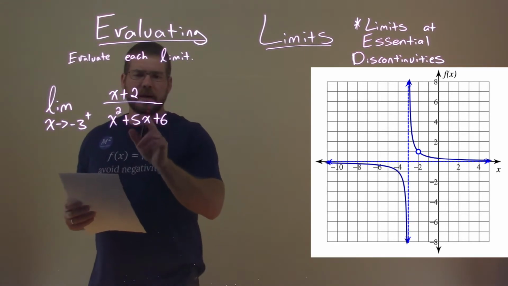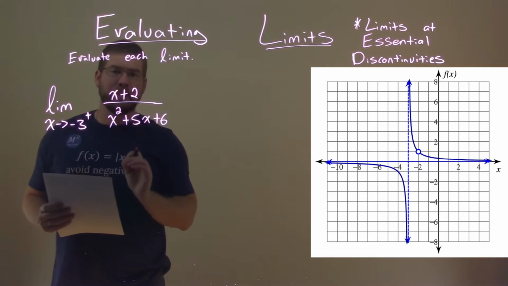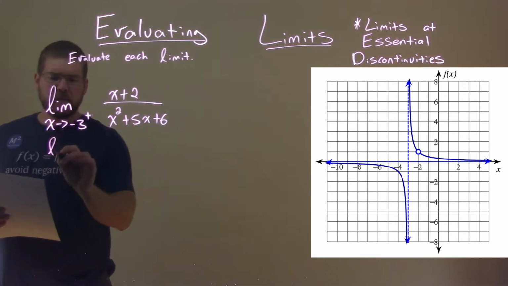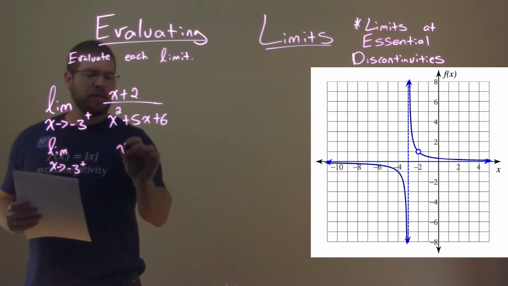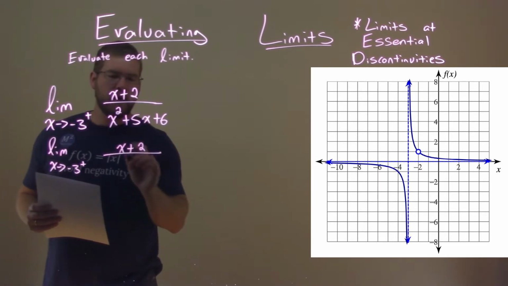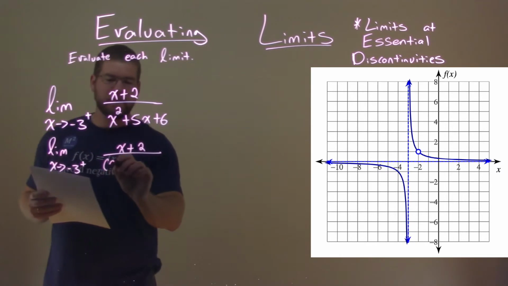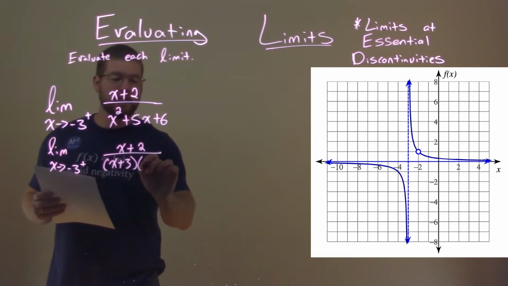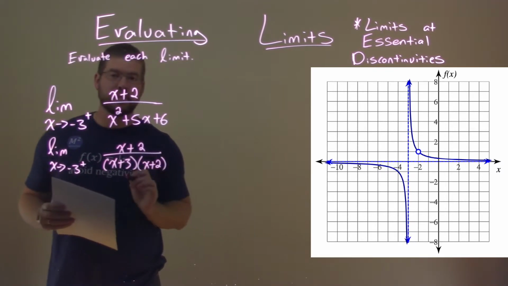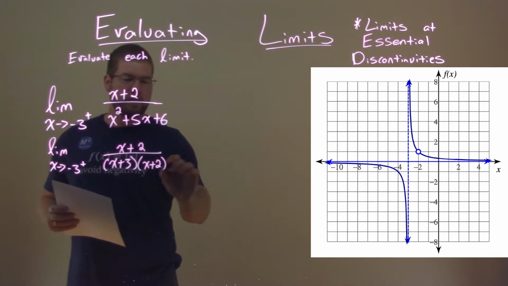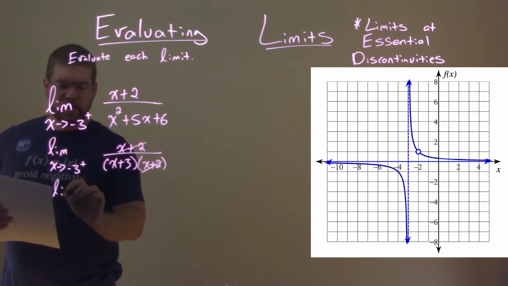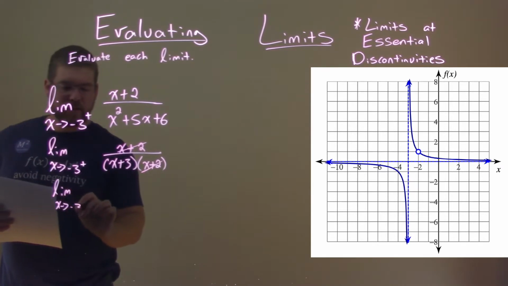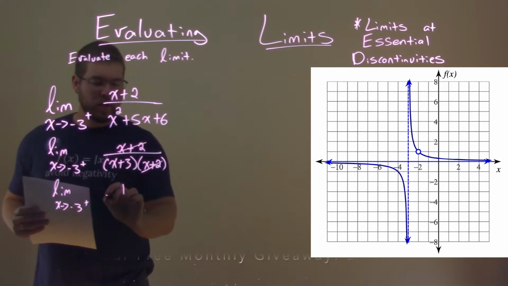Well, I can see the bottom part can factor. So we take the limit as x approaches -3 from the right, and we have an x plus 2 in the numerator. The denominator will factor to be an x plus 3 times an x plus 2. Notice that the x plus 2's will cancel. And so this limit, again, the limit as x approaches -3 from the right, can be written as 1 over